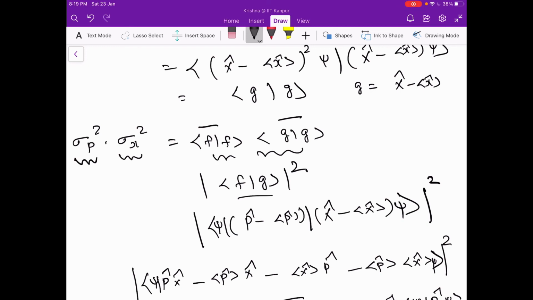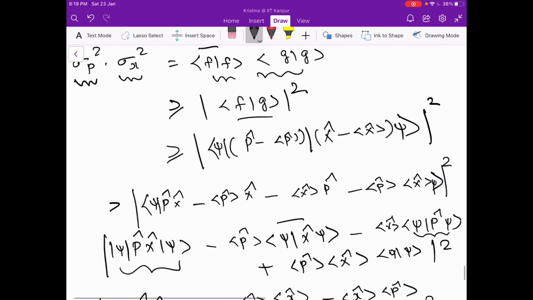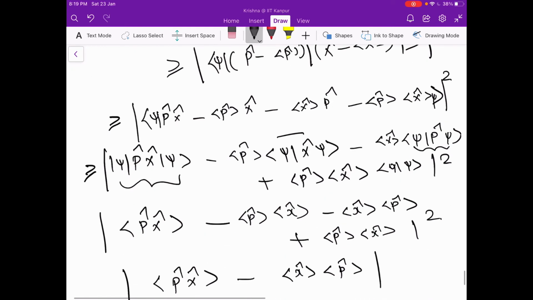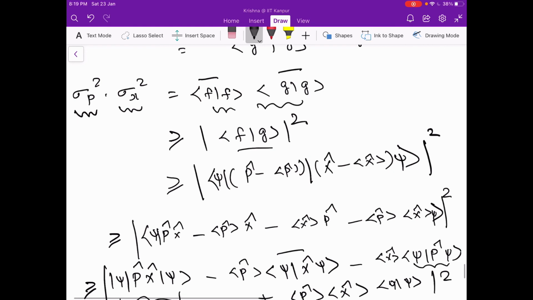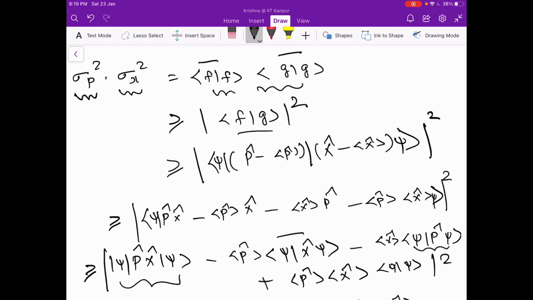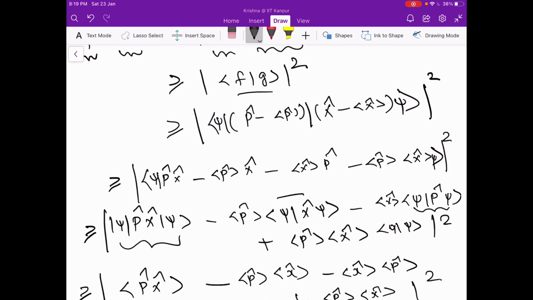So basically it has to be larger than or equal to everywhere. And here all I am trying to do is the average f bar g square, right? So